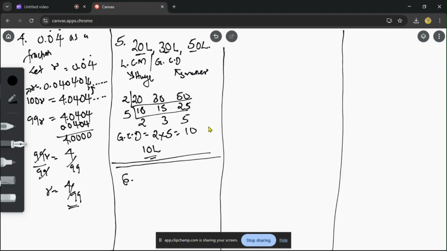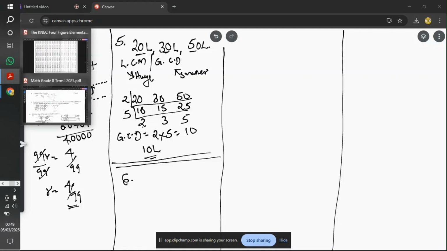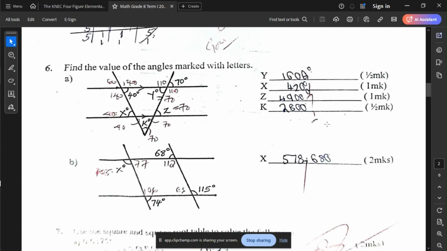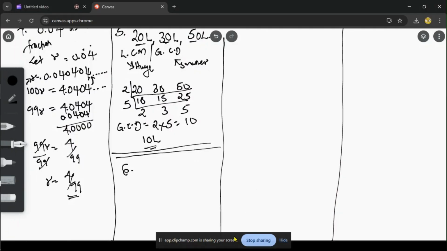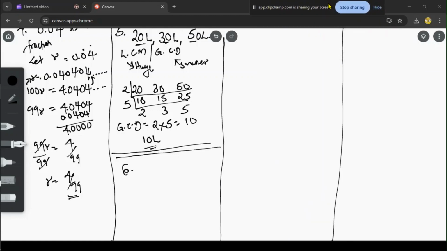is number 6. Number 6, we have this diagram here. So we want to find the values of the angles marked with letters. Okay, so I will try and sketch this one. Of course, I need to use a ruler to sketch this. Right, so the first diagram looks like this. I'll put a line there like that, and you have like that,